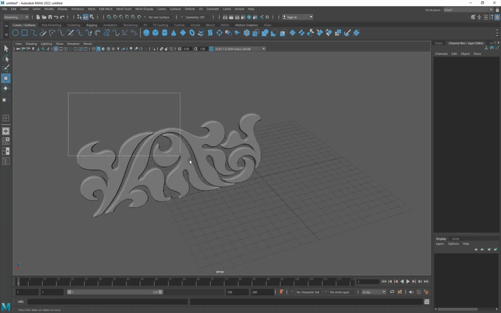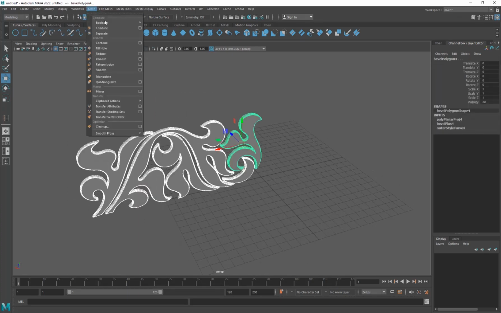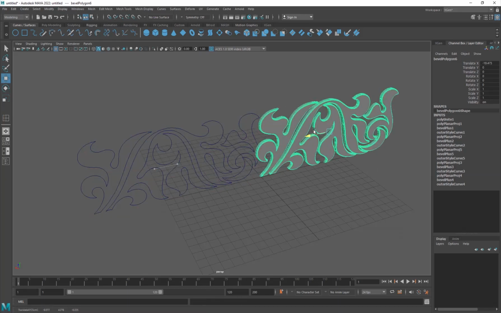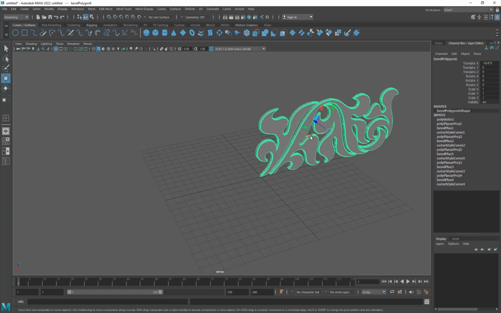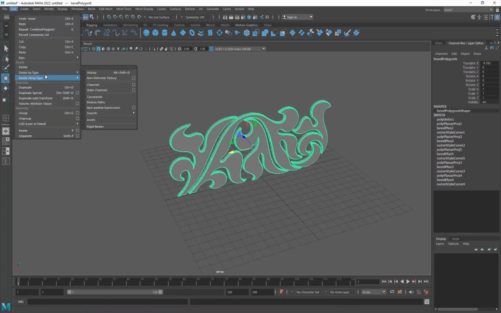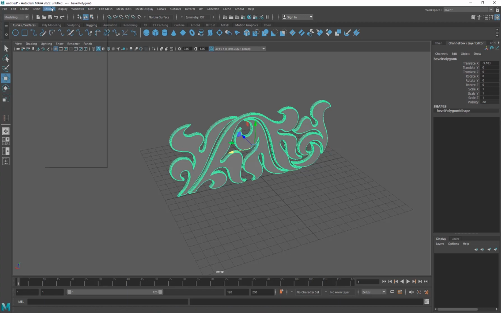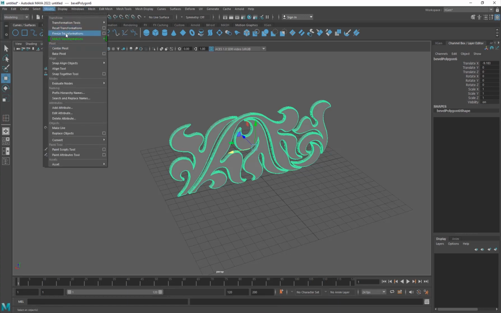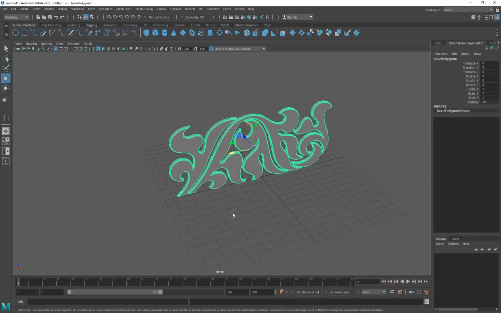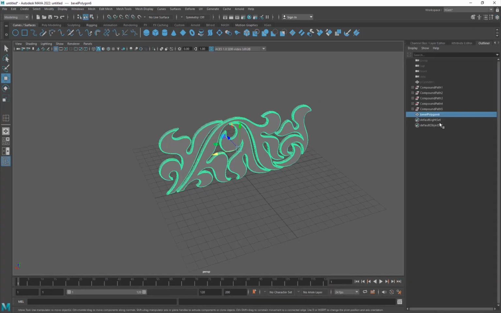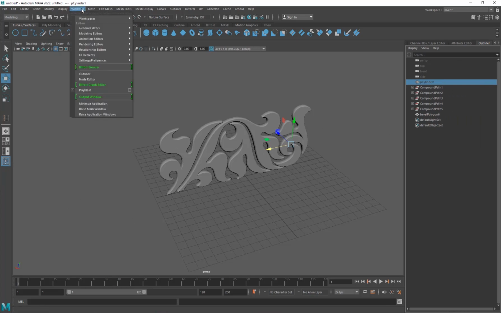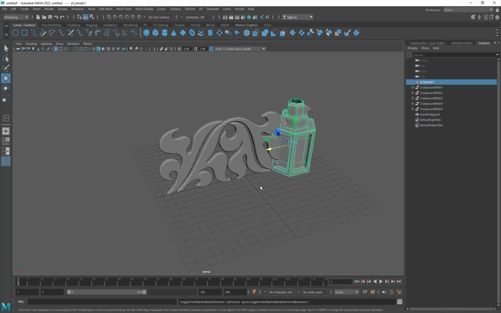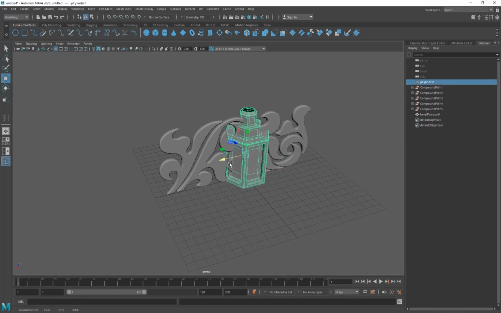And the other thing I'm going to do is select them all and go into mesh, combine, and just move it here and delete these splines, or you can just hide them if you need them for any later use. And just go to edit, delete by type, history, and modify, freeze transformations. And if I go ahead and unhide my poly cylinder, just select it in the outliner. If you don't have the outliner, you can just click here or go into window, outliner, hit H so that it'll bring it up. Make sure it is in the center of the